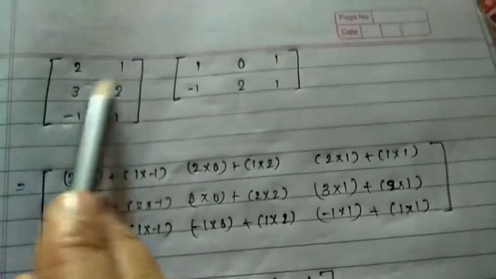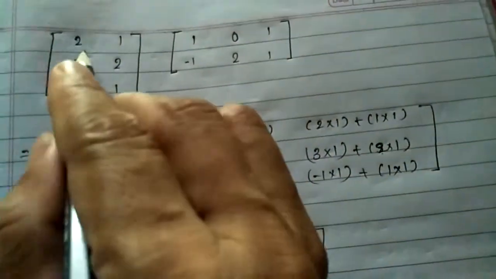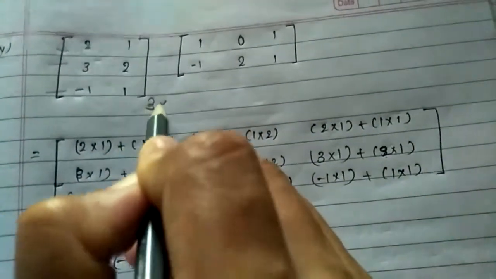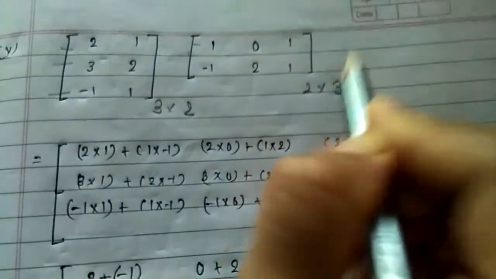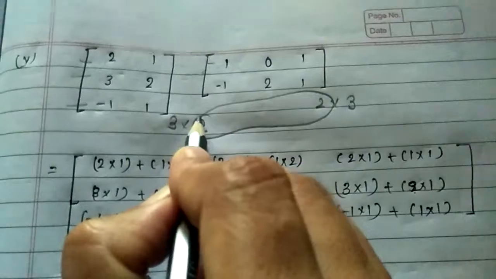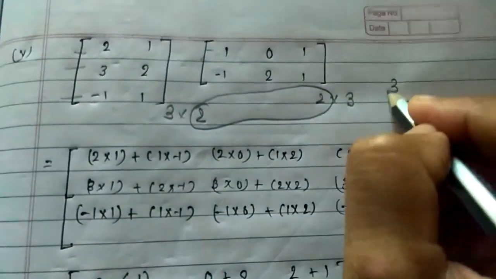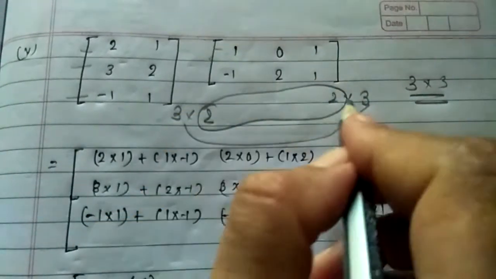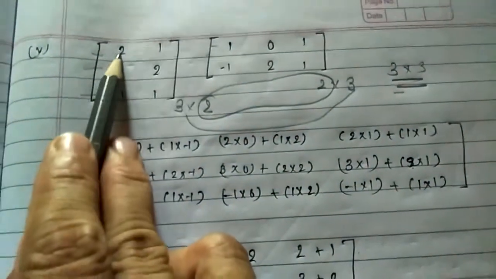But here we are going to explain two more questions. Let me see here. So now this question is 2, 1. So order you remember. What is the order here? So here 1, 2 and 3 row. So 3 row and 2 column. Here 2 row and 3 column. So students, as these two are equal, so product is possible, and your product matrix is of the matrix 3 by 3. Product will be the order 3 by 3. So let me start with the multiplication.